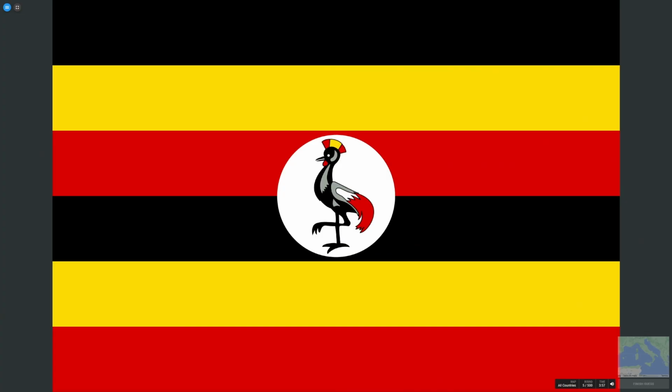So next we have Uganda, and for the flag we have 6 horizontal bands: black, yellow, red, and then it repeats again: black, yellow, and red. Here in the center we have this white circle with a gray crowned crane, which is a depiction of the